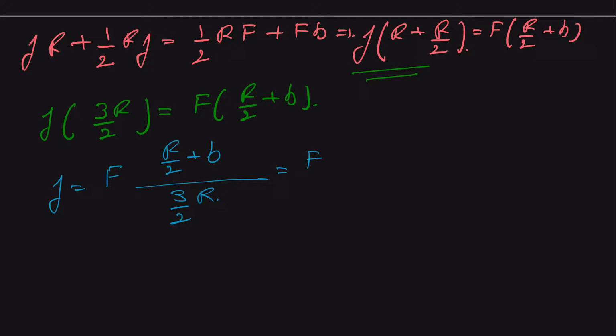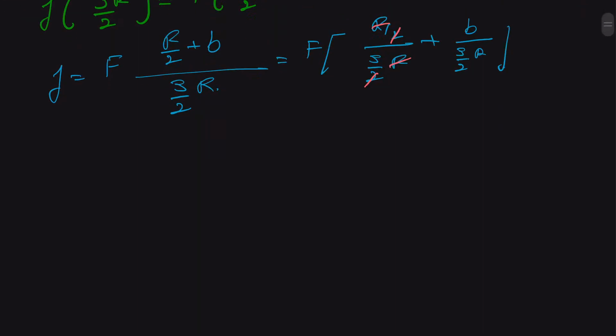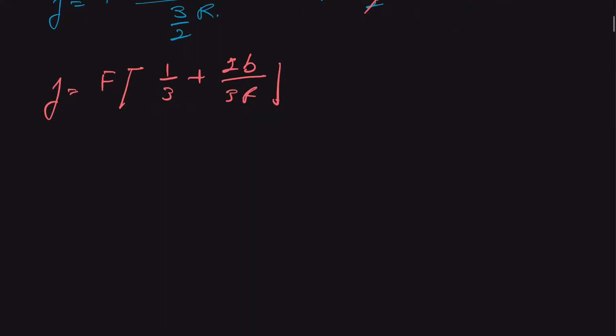So we are going to get this as F, and this will be R by 2 over 3 by 2 times R, plus B over 3 by 2 times R. And here the 1 by 2 cancels out, so we get our frictional force F will be equal to F times 1 by 3 plus 2B over 3R. Okay. And we have to find out the maximum force, and from the basics of frictional force we can say that